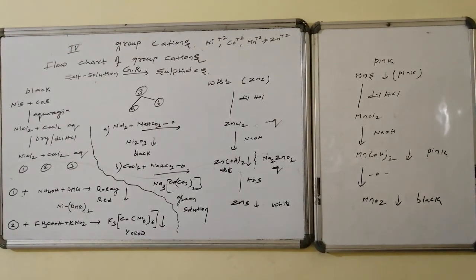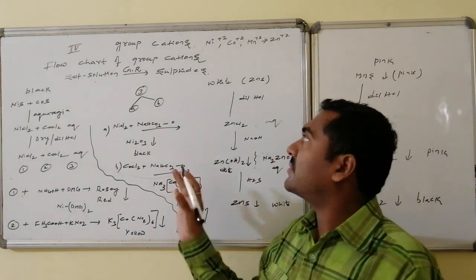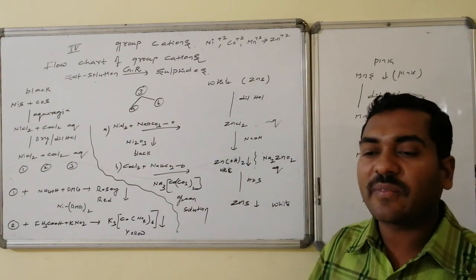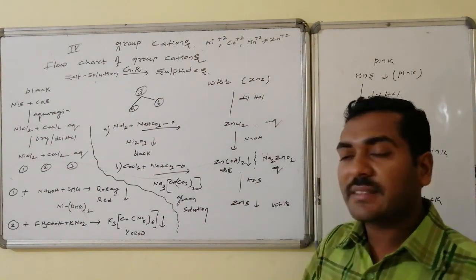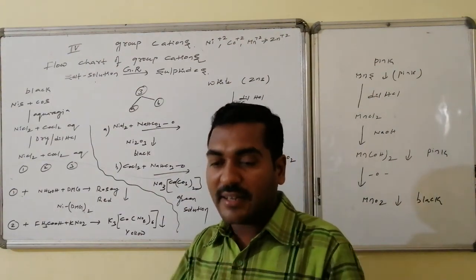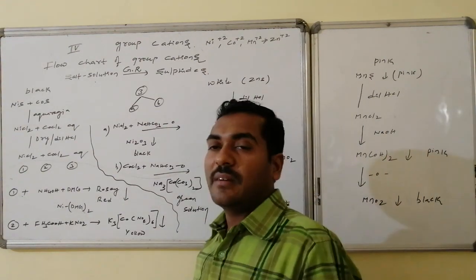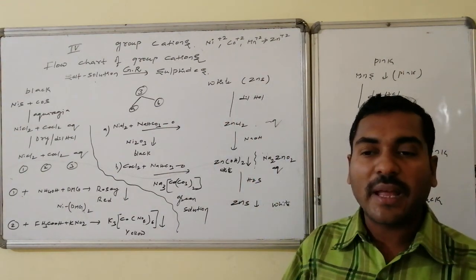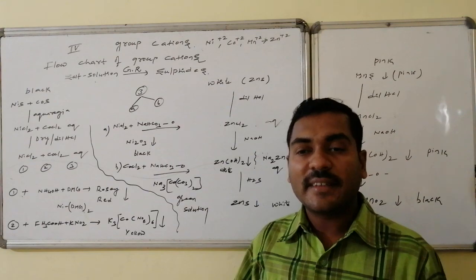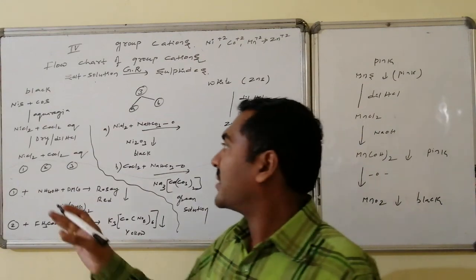Yes, the total flowchart of the 4th A group cations. The 4th A group cations on reaction with the group reagent form sulfides of different colors. Black is due to nickel sulfide and cobalt sulfide, whereas white is zinc sulfide and manganese sulfide is pink. If cobalt and nickel are there, collective tests are conducted. First of all, the black sulfide precipitate on reaction with aqua regia forms nickel chloride and cobalt chloride, which is subjected to dryness, followed by addition of dilute HCl, and an aqueous solution of nickel chloride and cobalt chloride is prepared.